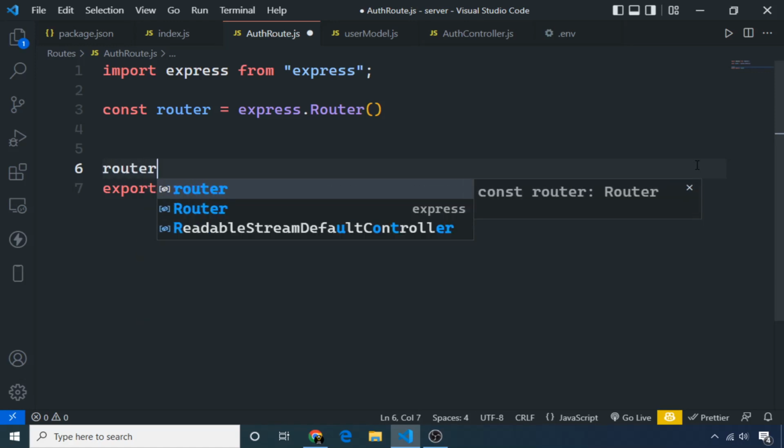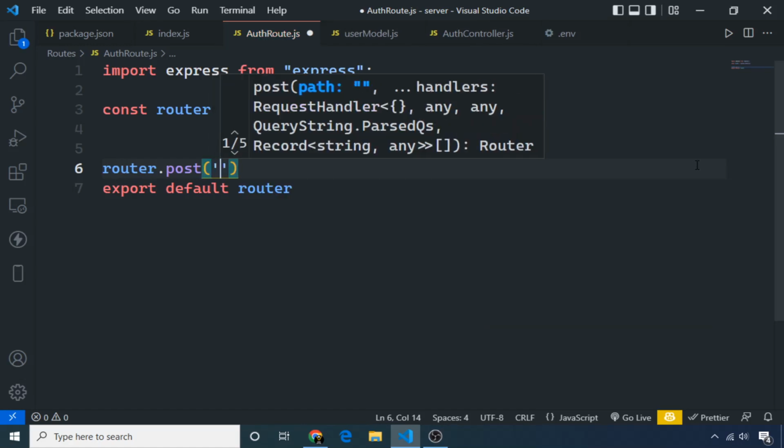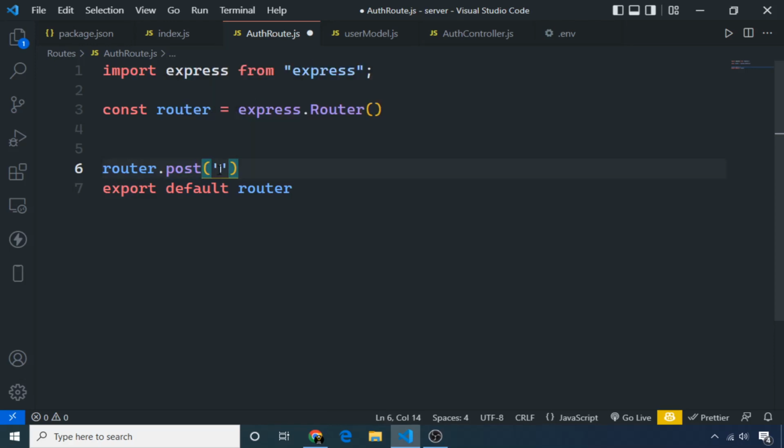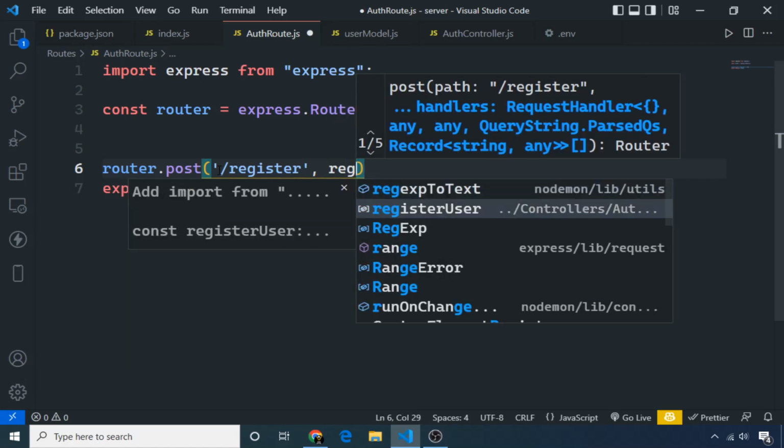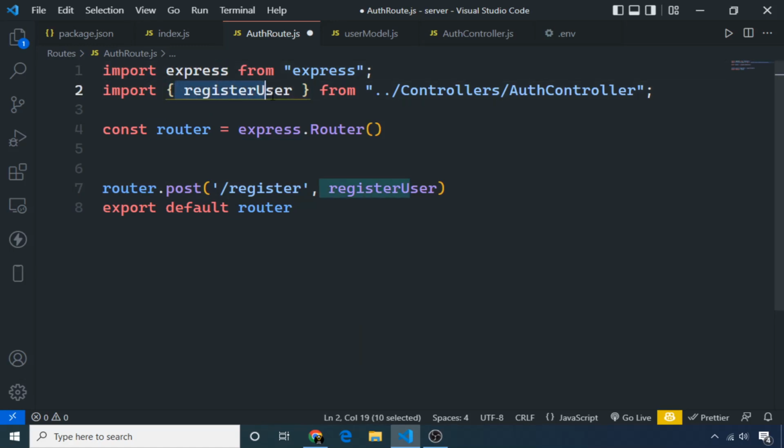Here I am making router.post because whenever we want to send some data to the server, we use the post request. Inside the post request I am making a route with the name register, and it will call a function registerUser from the controller. It is auto imported here. So now we have completed our pipeline for the server,